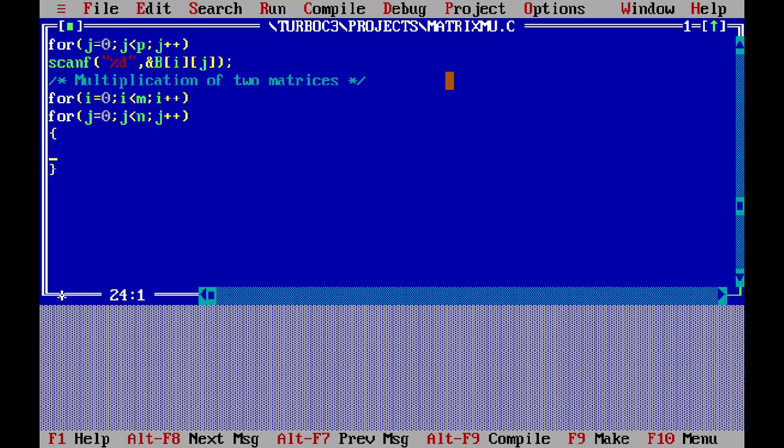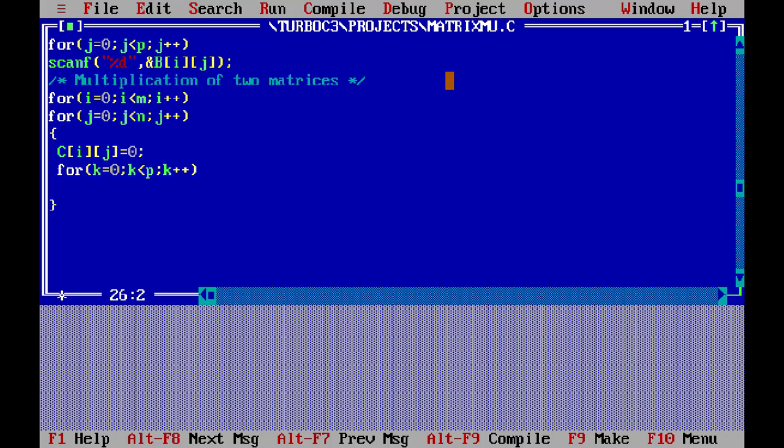in order to get the sum of partial products, we have to initialize the resultant matrix here. So for that one, I am introducing a block, that means I am opening a curly brace. So within that I am initializing the resultant matrix with 0. Just you watch, you will get an idea. Then I am starting for k equal to 0, k varying from 0 to p and k plus plus.